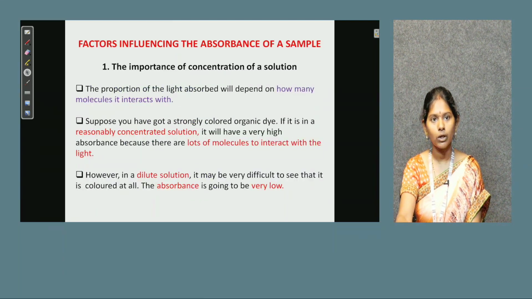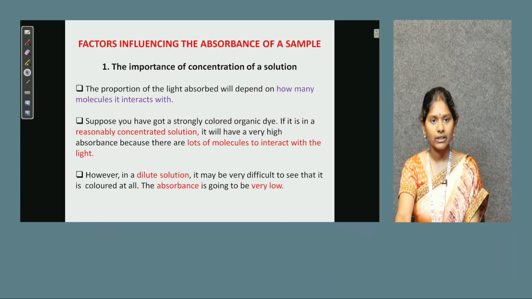Now let's see what the factors influencing the absorbance of a sample are. The foremost is the concentration of the solution. Absorbance is directly proportional to the concentration of the solution, so it is the foremost factor that influences absorbance. It depends upon how many molecules are present in the solution. The absorbance is mainly affected by how many molecules are interacting